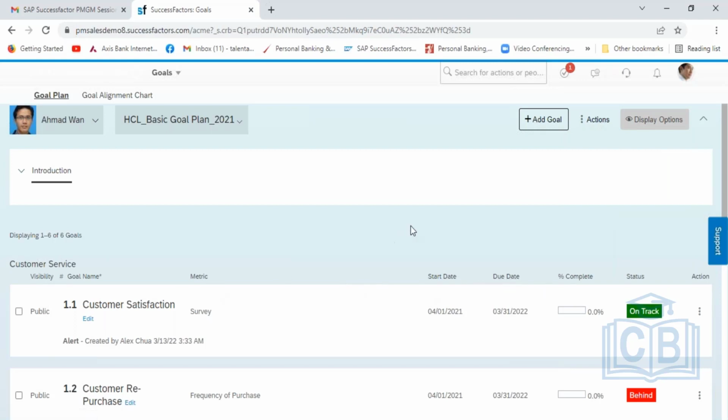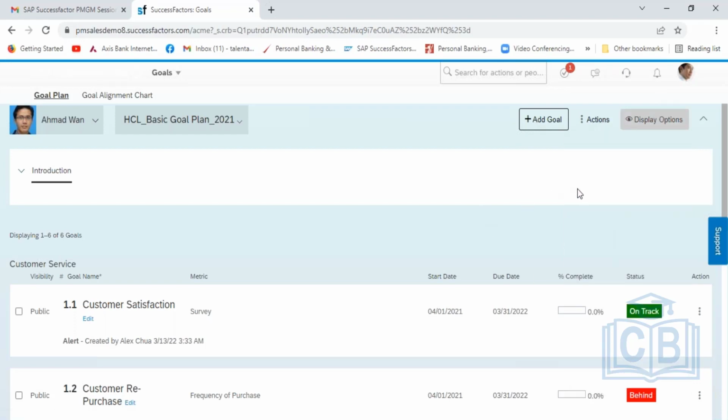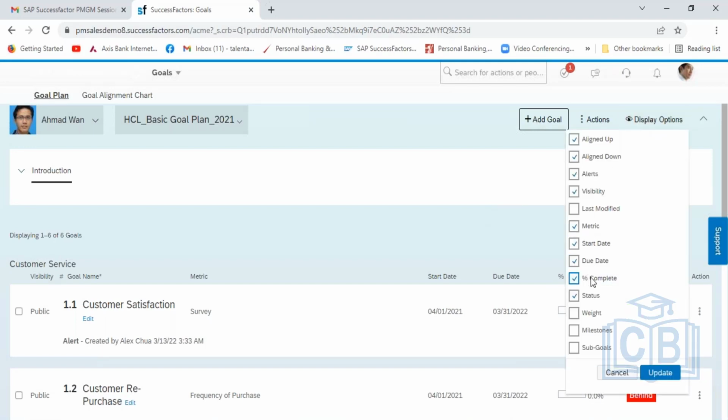If I want to add the percentage complete, here also you have the option of percentage complete. So if I opt for it and save, it will move from here. Okay, percentage complete. So if I want to have the weightage also, weight and milestone also,